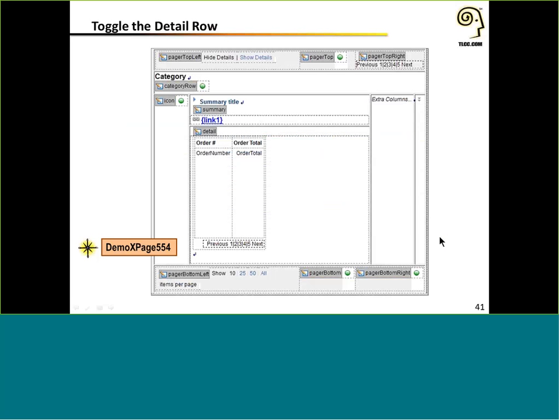Now, one more example we want to take a look at, and one way that you can customize the summary and the details here, is an example that might be more applicable to either a mobile application or maybe even just more of a read-only application, where we're going to customize the summary link so that instead of opening a document, it just expands and collapses the detail section. Okay, and in this case, in our detail section, we've got a view panel that looks up some related data. Let's take a look at this.